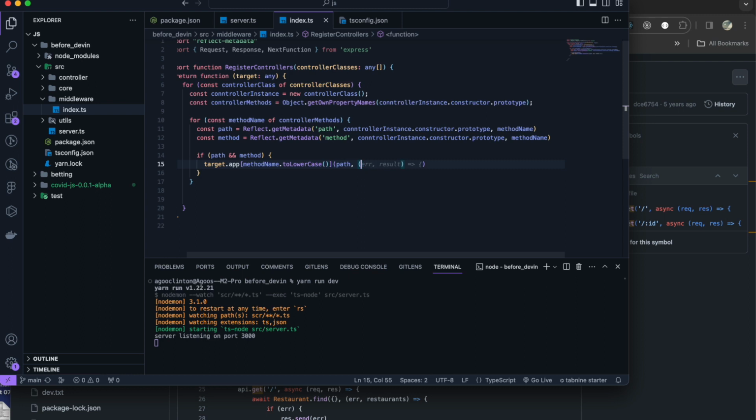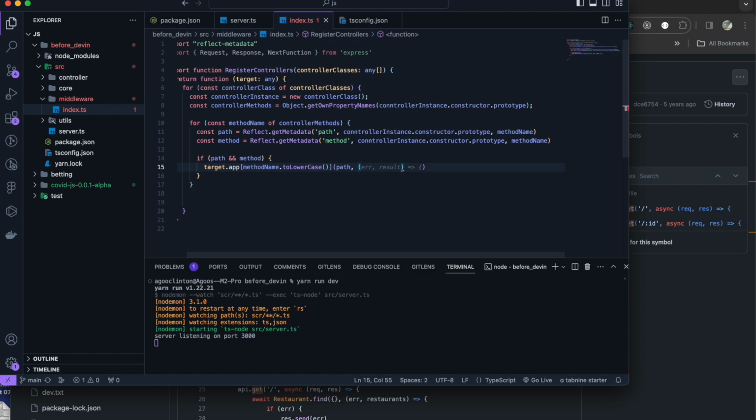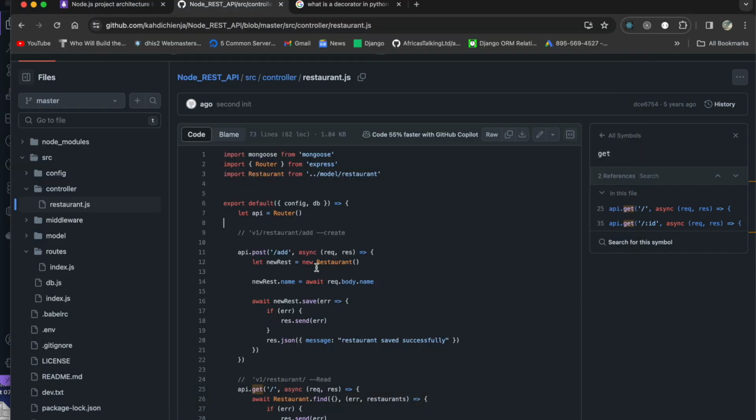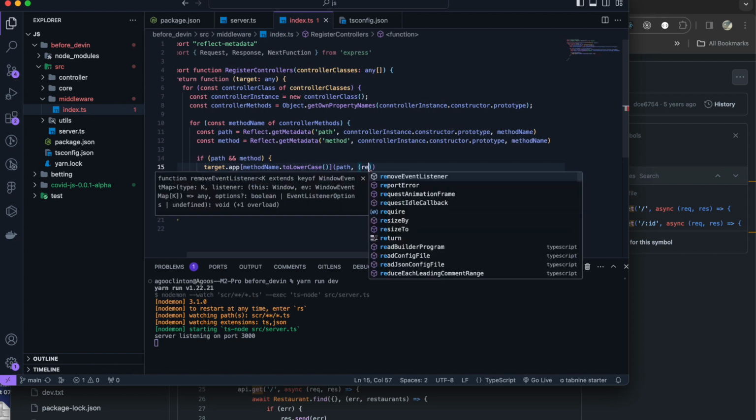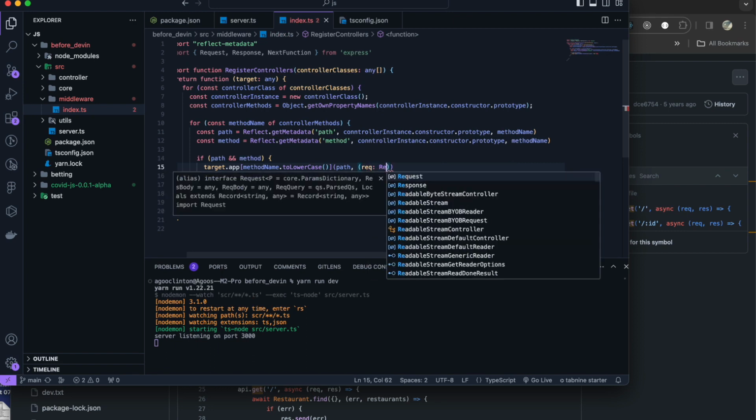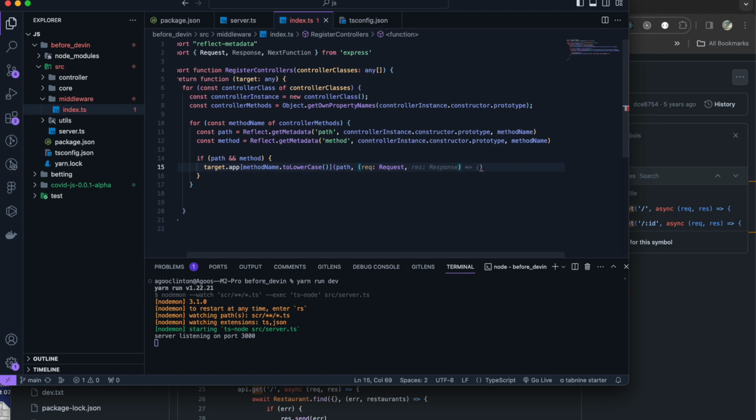So the path, we are going to intercept the request. I hope you are getting it. We're going to intercept the request. Remember, we don't want to do this anymore. So we're going to intercept the request, the response that we brought in. Hang on, take us slowly. Autocomplete, take us slowly. We still don't have the next function. Yes. So now that we have the next function,